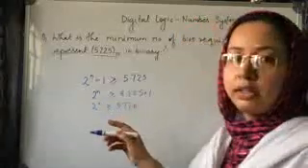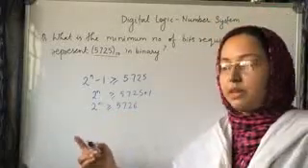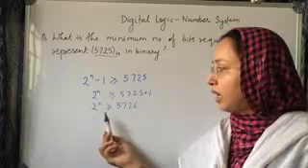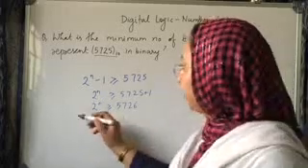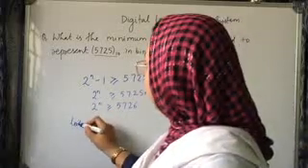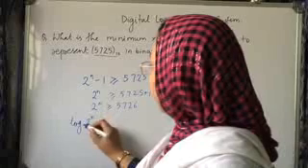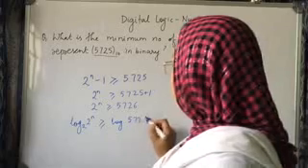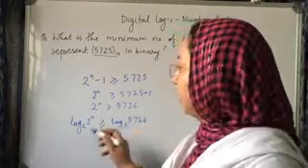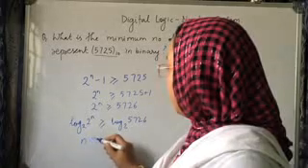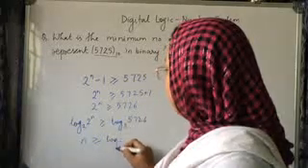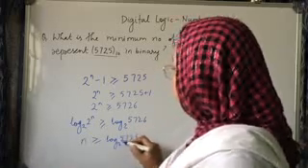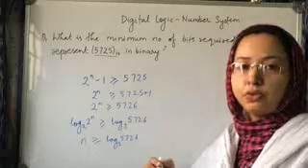5726, and take logarithm on both sides, base 2, because here you are given a power of 2, so take logarithm on base 2. So what will this be? Log of 2 to the power of n, base 2, will be greater than or equal to log of 5726 base 2, and this will become n, and this will be log of 5726 base 2. Write this number in powers of 2.